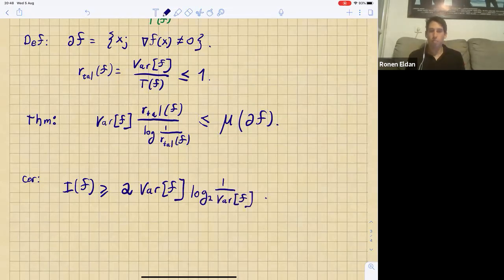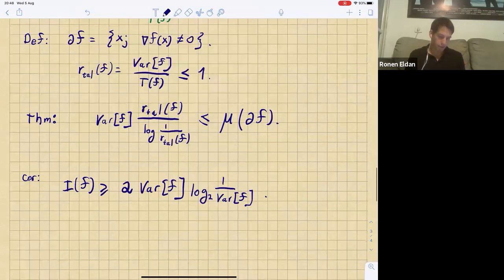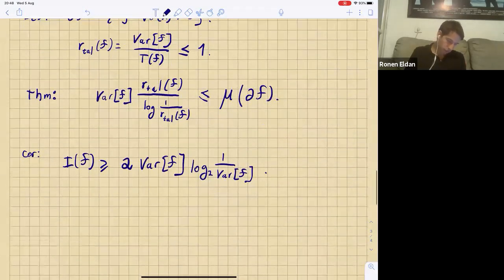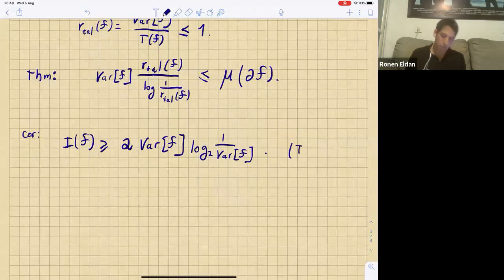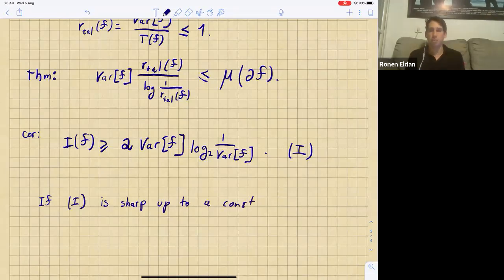This thing is sharp for subcubes. And this is the isoperimetric inequality. The corollary says that if I is sharp up to a constant, so if a function f almost saturates this inequality, then in the following weak sense, it's close to a subcube